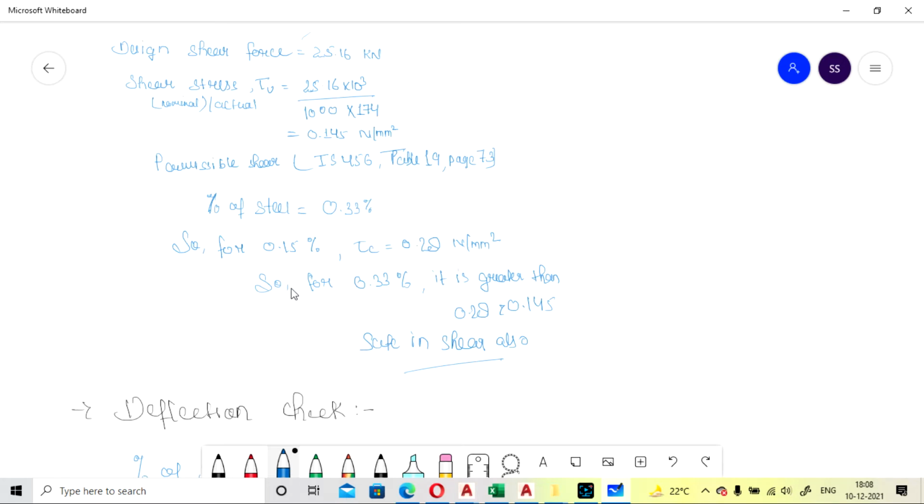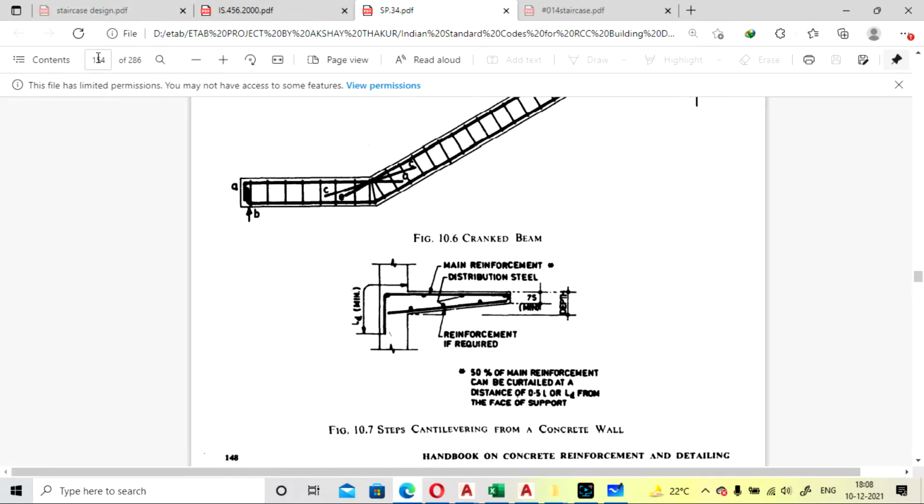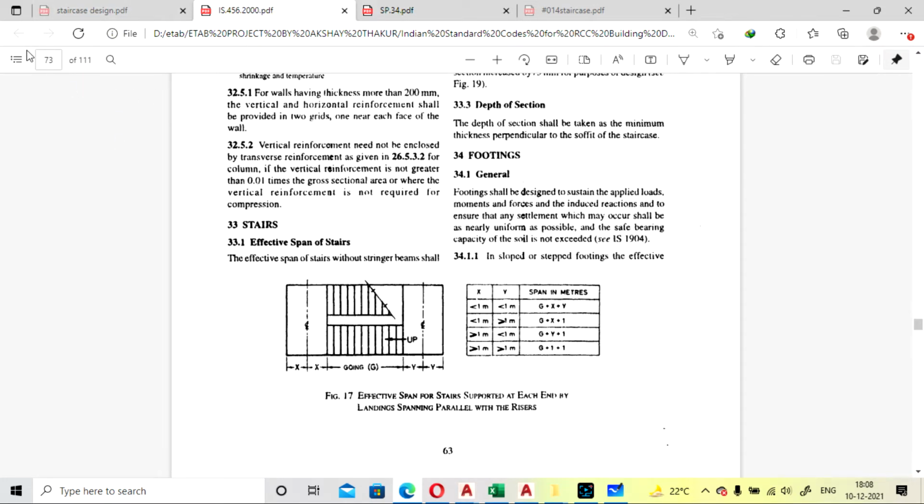After we have calculated, the percentage steel came as 0.33. So from the percentage steel and from the grade we have taken, you can check from IS code 456 table 19. We can also check from here, page 73.